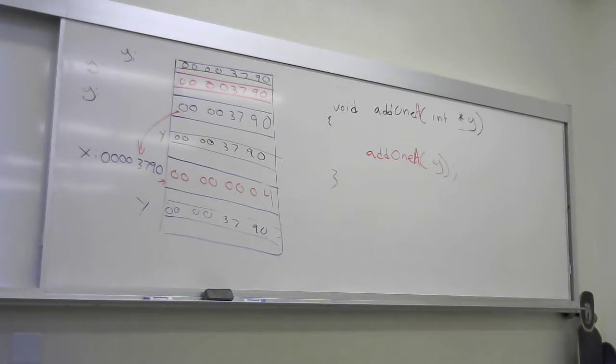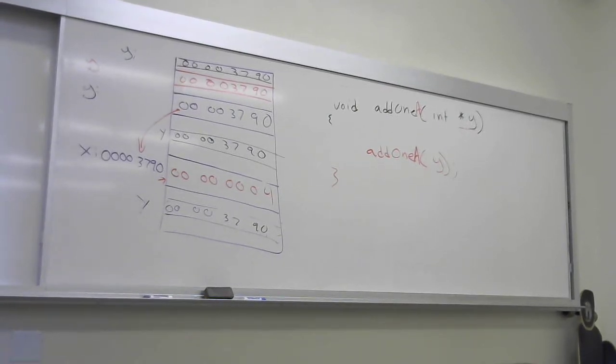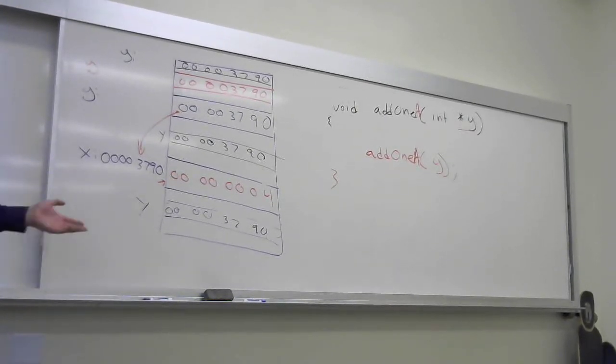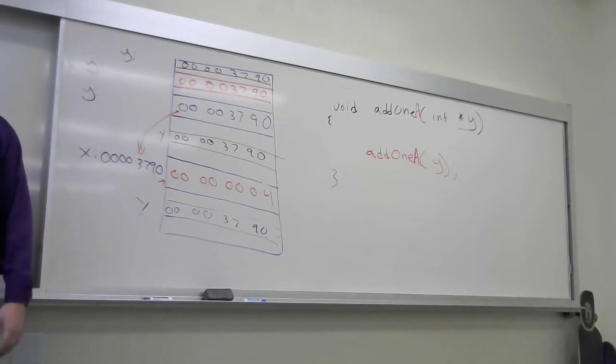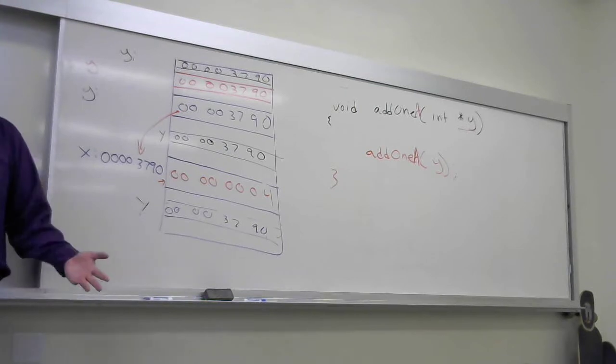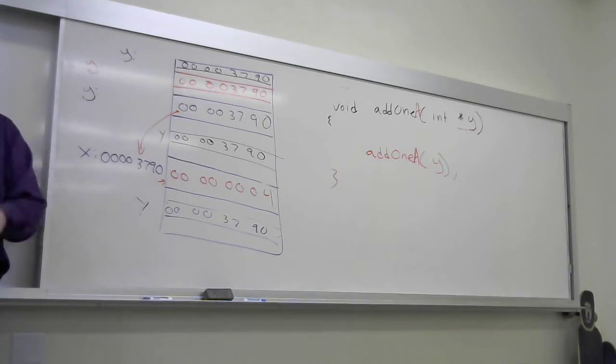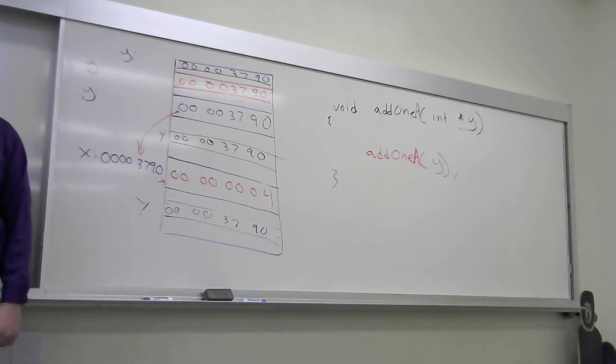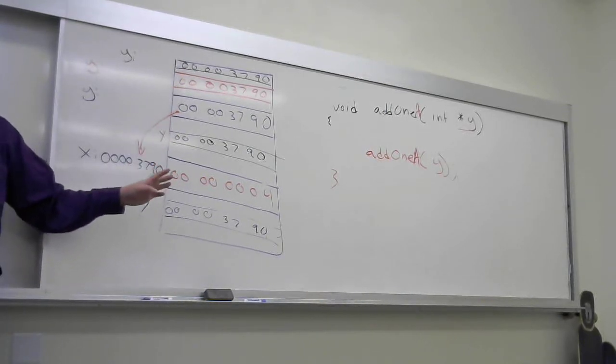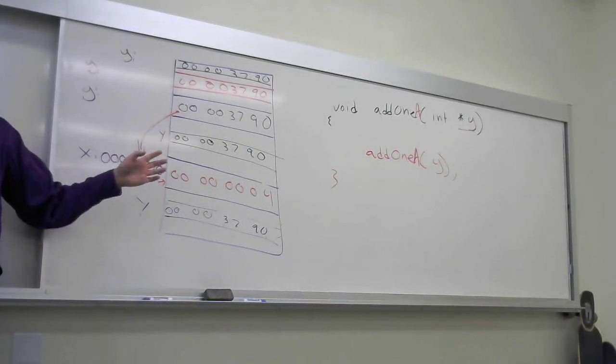But what's unique in this entire program that runs forever until it blows up? What's unique here? Each Y has a different memory location, that's true, but there's one thing that is unique across all of these things. They all share the single value of x. So the x is always identical. It doesn't matter how many Y's I make, doesn't matter how many times I call this function, they all share